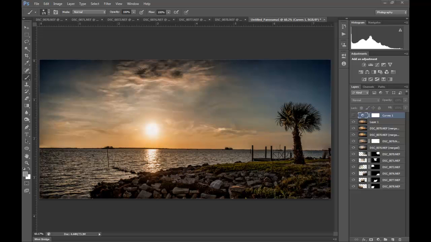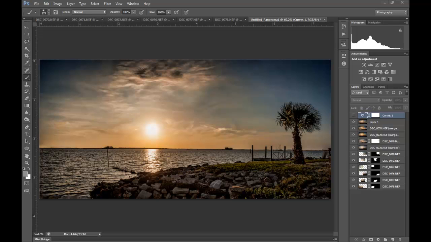Today's tutorial is on layer masks in Photoshop. To me, this is one of the most important things you can learn in Photoshop. It gives you so much control over your image, and it's just such a valuable tool. In short, it's the ability to hide adjustments, to show adjustments, or to create opacity on certain parts of your image just for those adjustments. I know it sounds very confusing and a lot of people get stumped by this, but once you learn it,